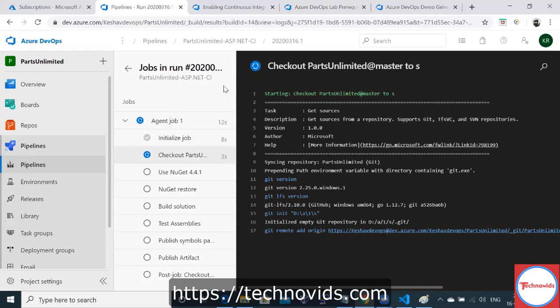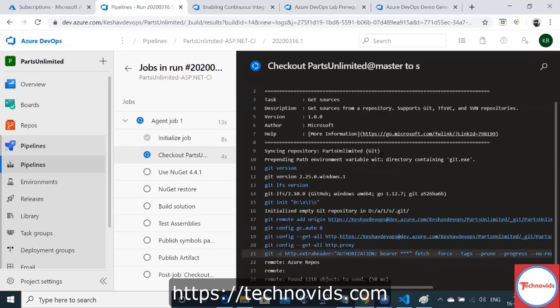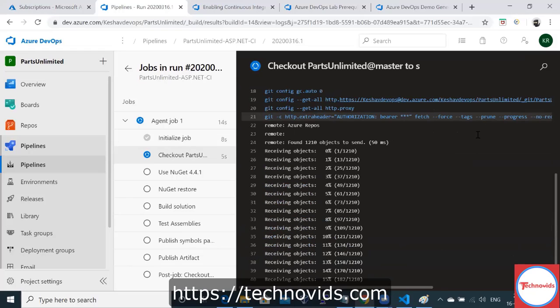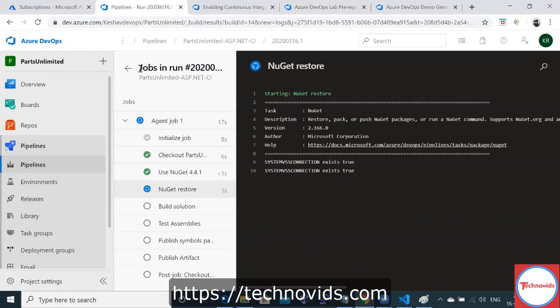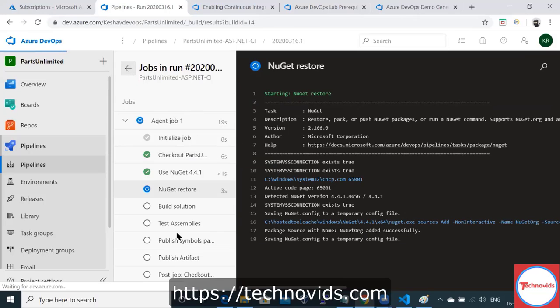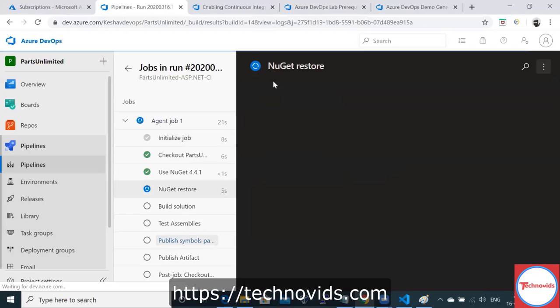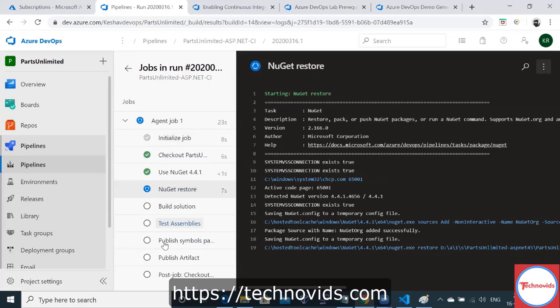See, if you remember, we had multiple tasks in our job, right? So it is running them one by one. If any error occurs, you can trace back the logs and get to know what has happened.